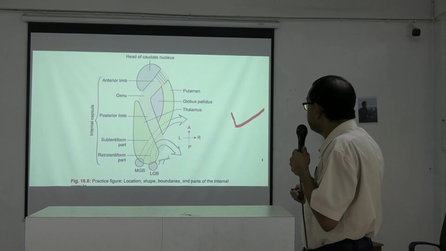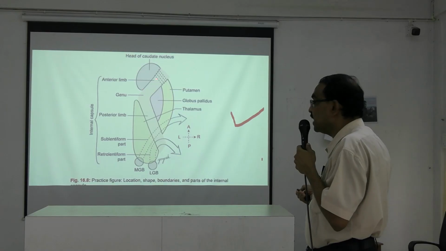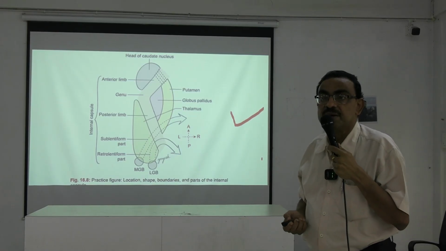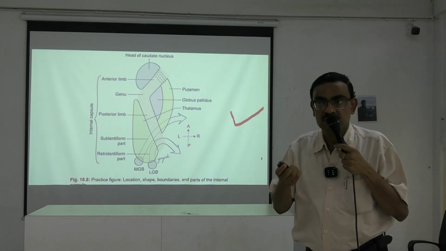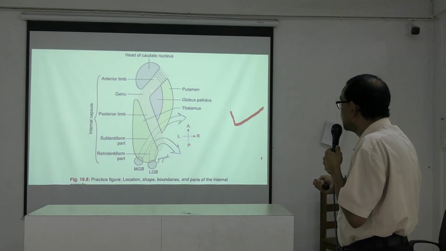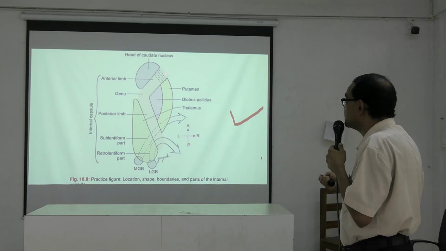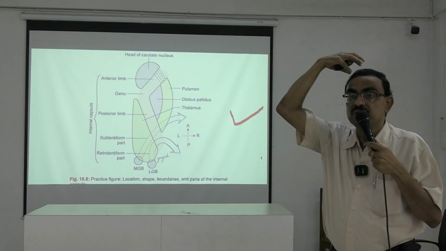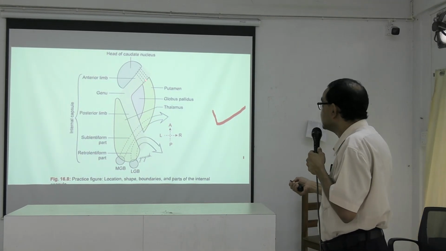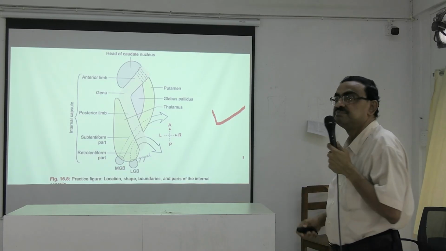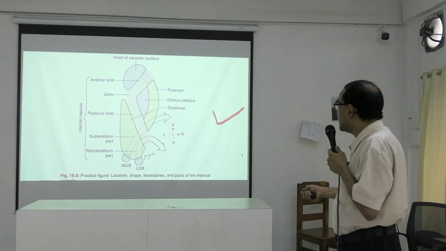This is the anterior limb through which the corticobulbar fibers, or corticonuclear fibers, the same thing, pass. Corticobulbar means the nuclear. The corticobulbar or corticonuclear fibers, and also the fibers meant for the head and neck region, are also passing through the anterior limb. Okay. Now through the genu,